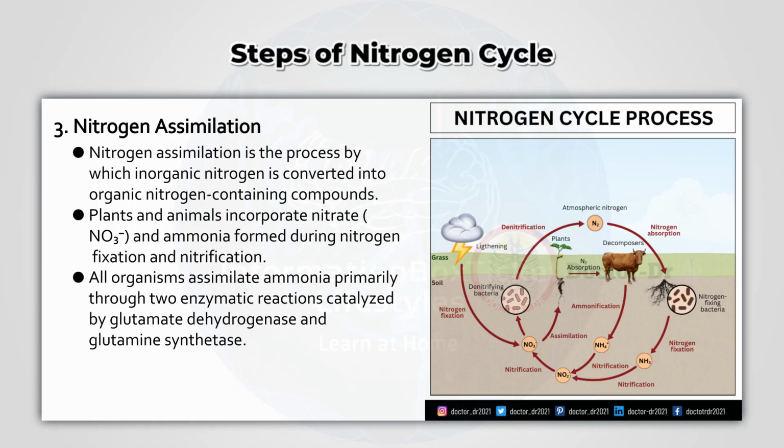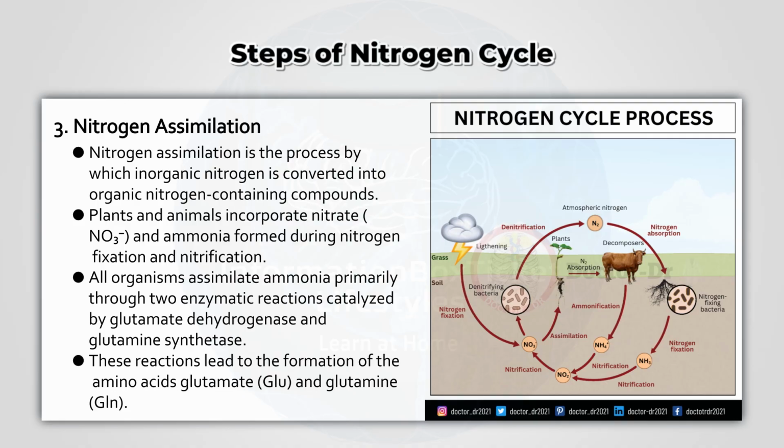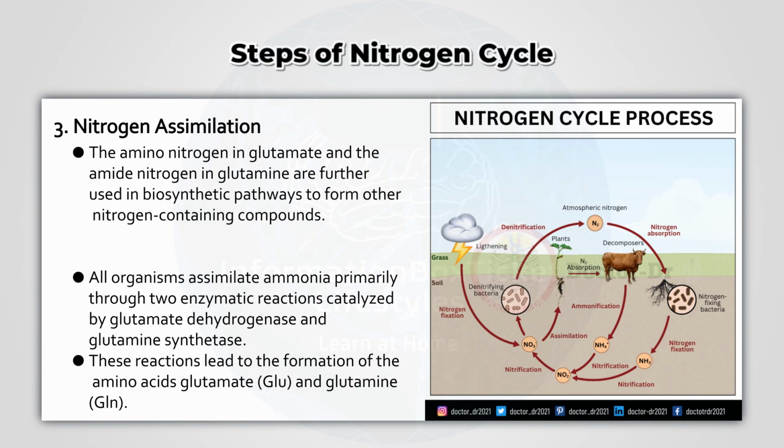All organisms assimilate ammonia primarily through two enzymatic reactions, catalyzed by glutamate dehydrogenase and glutamine synthetase. These reactions lead to the formation of the amino acids glutamate and glutamine. The amino nitrogen in glutamate and the amide nitrogen in glutamine are further used in biosynthetic pathways to form other